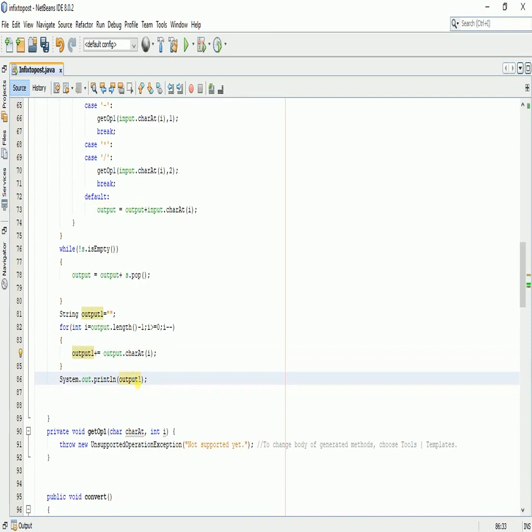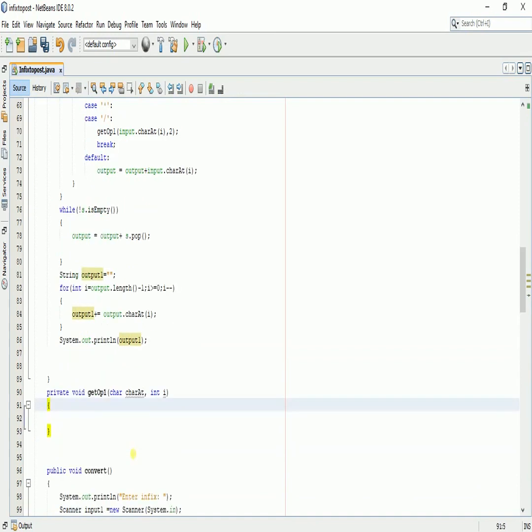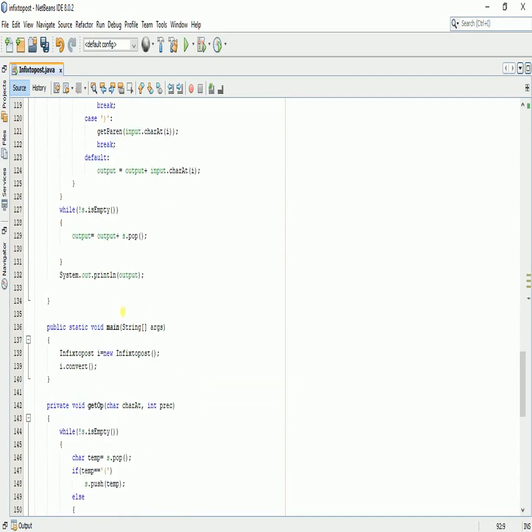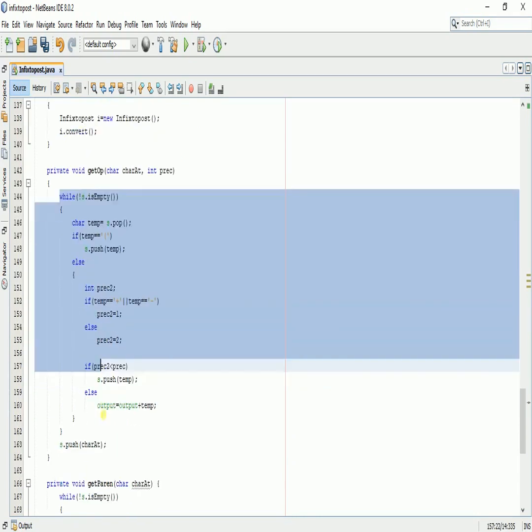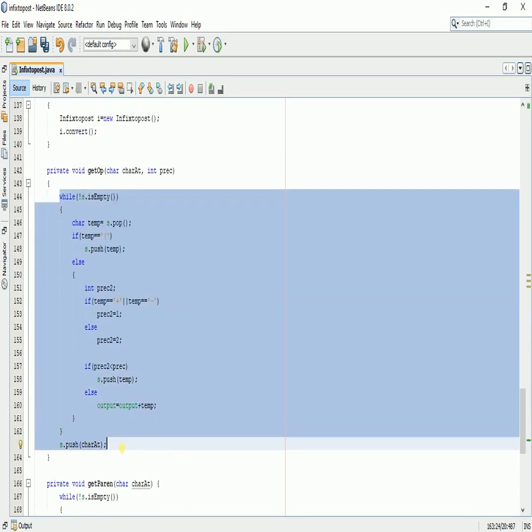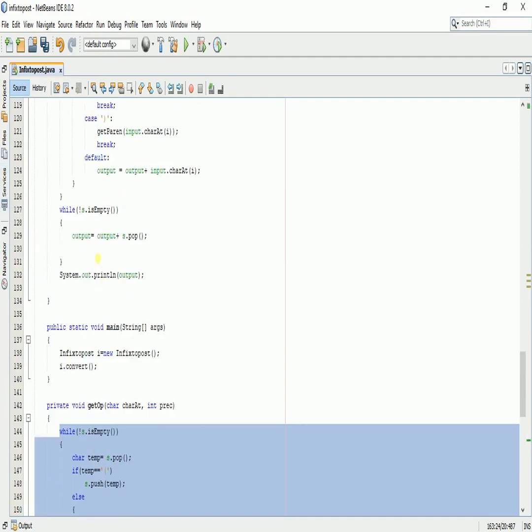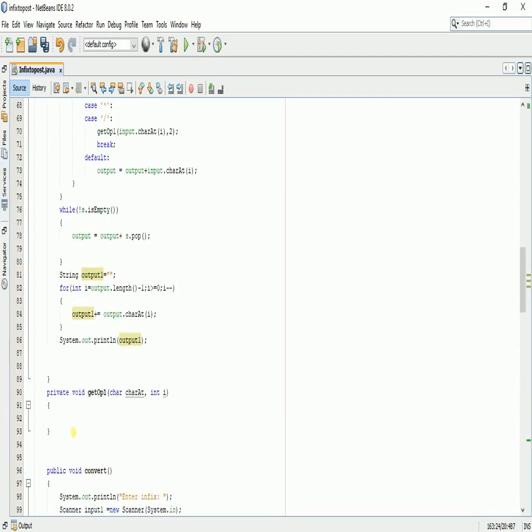Now let's move towards our get op1 function and write the code there. I'm going to copy the code from this get op, which I created in the previous video, till here. Just look in between these parentheses, I will copy it and paste it here.